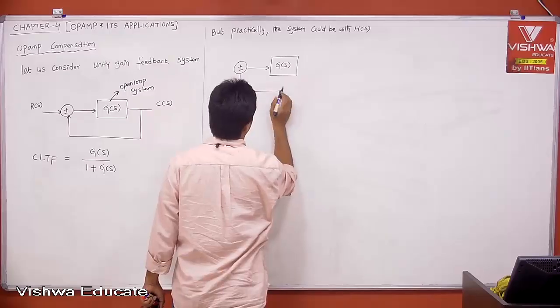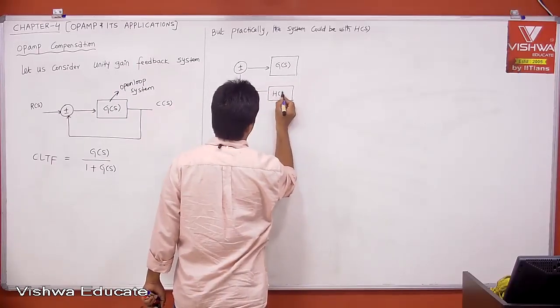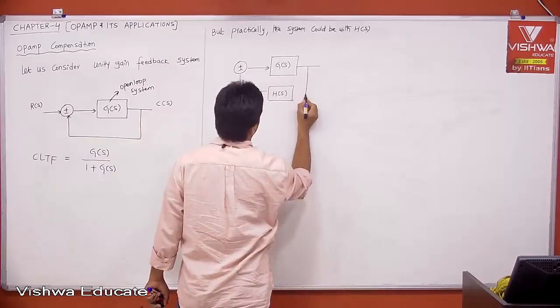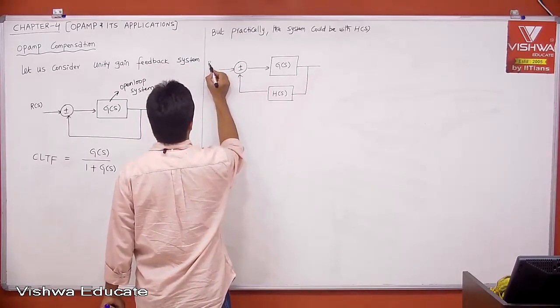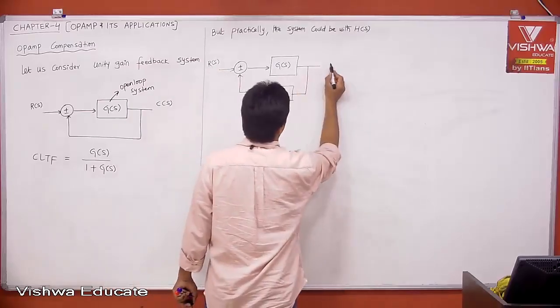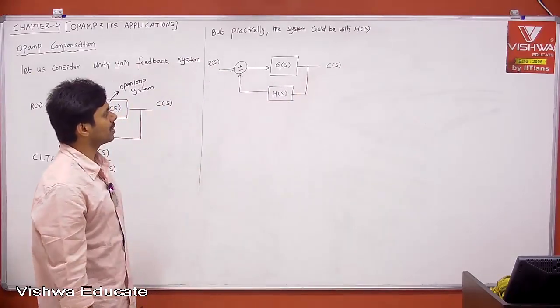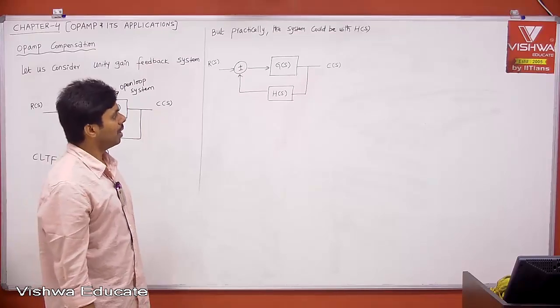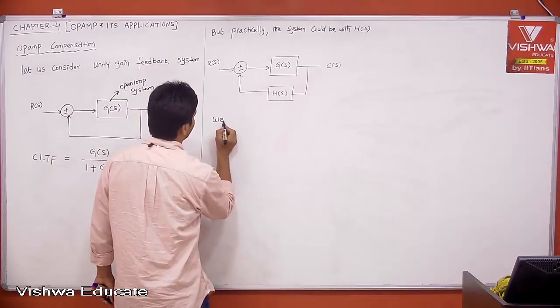Now it is not having unity gain feedback. Now this is having H of S. Now this is R of S, C of S. Now tell me, for this, what is the closed loop system? G of S divided by 1 plus G of S into H of S. You know that. But it should be converted, we can convert